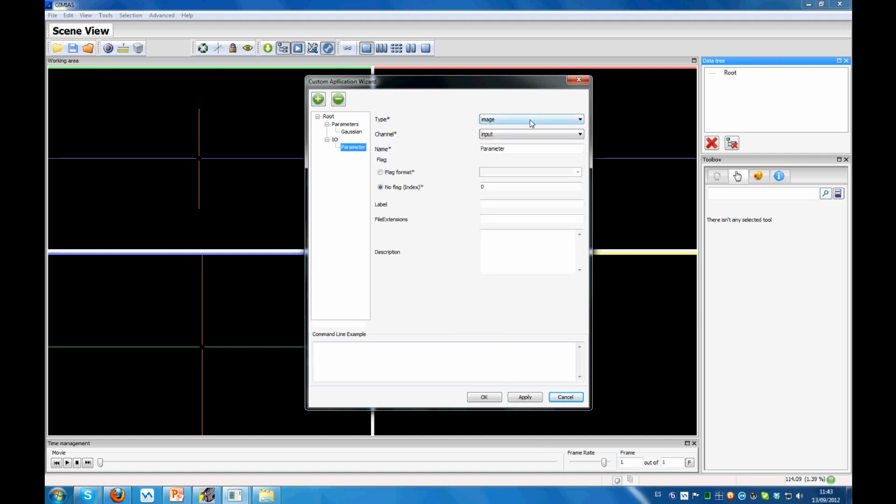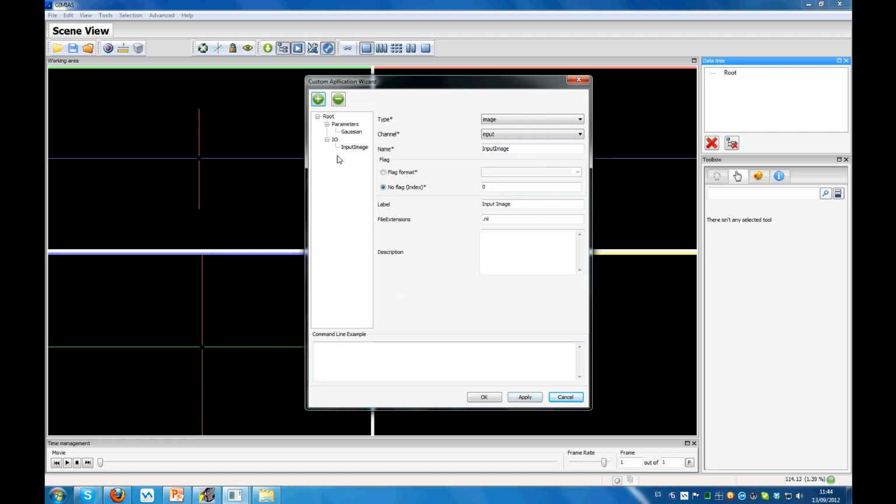This will be an input image with the name input image. The index will be 0, and the label will be input image, and the file extension required by this application is .nii,